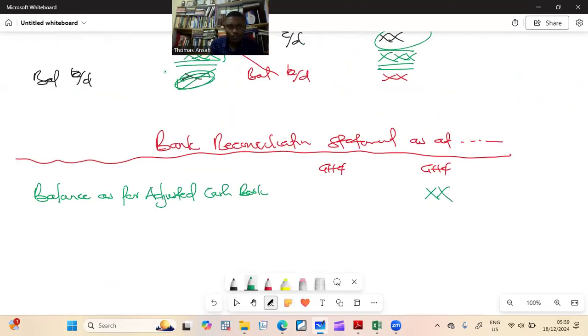However, if it was a credit balance, then you put it as a negative figure, overdraft, because this one is not a T account, it is a statement. So you put it as a negative figure in brackets. There are so many forms people use, but I want to make it simple. So if you had your balance brought down as a credit balance, just put it in negative, but still write balance as per adjusted cash book. All right. Then we will add